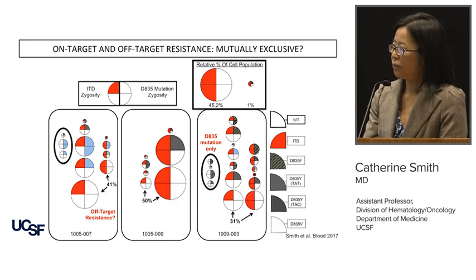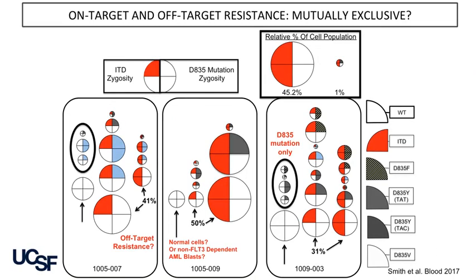And the real surprise to us was that in all these patients, we identified a significant proportion of the cellular population, 30 to 50%, that seemed to have an oncogenic FLT3 ITD mutation, but no other D835 mutation to explain the resistance seen in these patients, suggesting the co-occurrence of off-target resistance in all of these patients. And then we also found in a smaller number of cells that there were some cells that had neither a FLT3 ITD or D835 mutation, which either suggests the presence of contaminating normal cells in these cellular populations or a